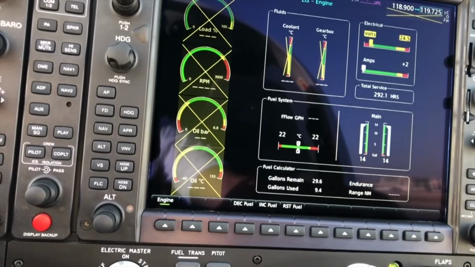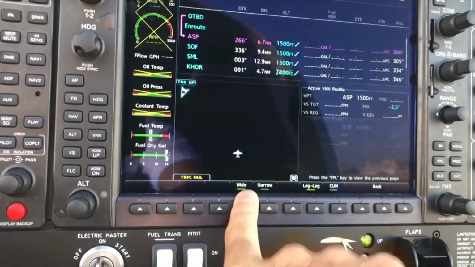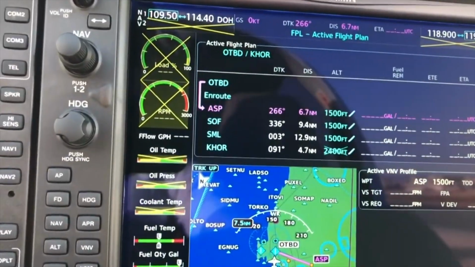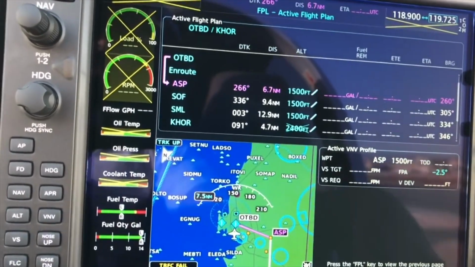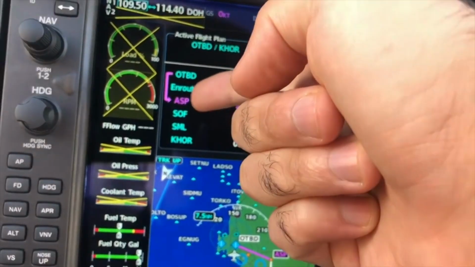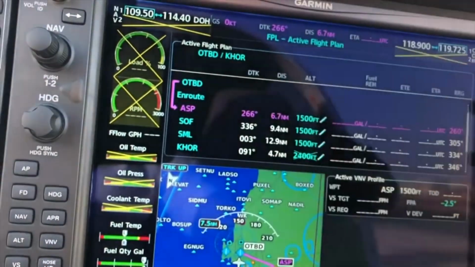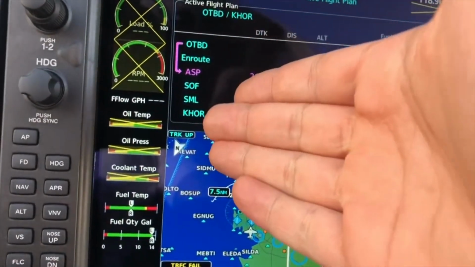First of all, we're going to come to our flight plan. As you see, our flight today is not very long. It's a short training flight, to be precise. So we go from OTPD to the first waypoint, second, third, and the fourth waypoint. So along the route, the furthest waypoint